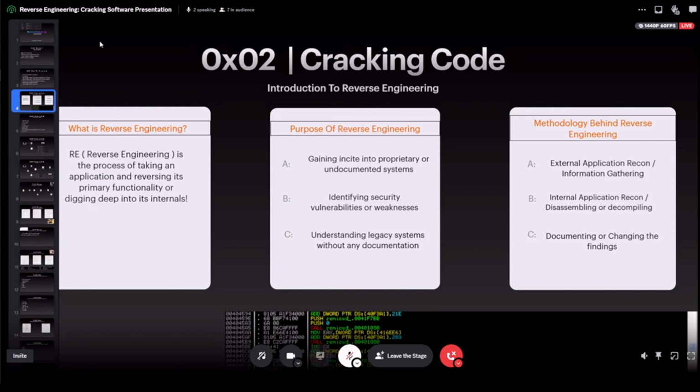Personally, for beginners, I call this internal and external analysis. Static and dynamic analysis have their own technical terms and they're meant for that. But for reference to this introduction, cracking code, and stuff like that, I will be referencing static analysis as internal analysis, and then external analysis will be the